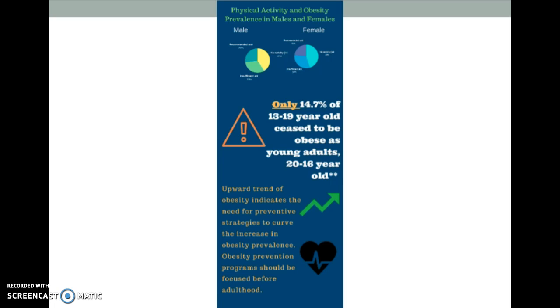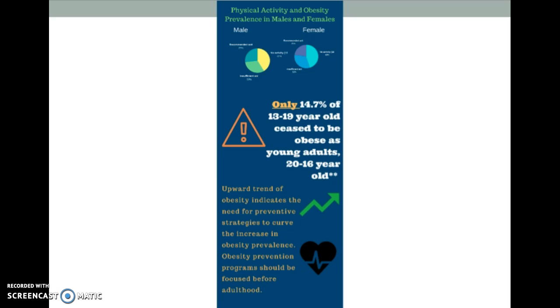And then if you look at the physical activity and obesity prevalence in males and females, they tend to be about equal. However, males tend to have a higher prevalence in obesity. And all the information also points out that only 14% of 13 to 19-year-olds cease to be obese as young adults, which is the age between 16 and 20 years old, which means only 14% of young adults actually overcome being overweight or obese. And unfortunately, the upward trend of obesity, in fact, indicates the need for preventative strategies in order